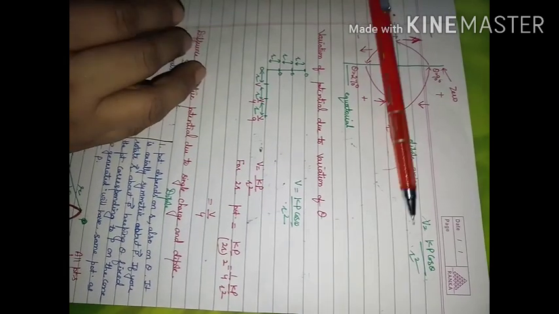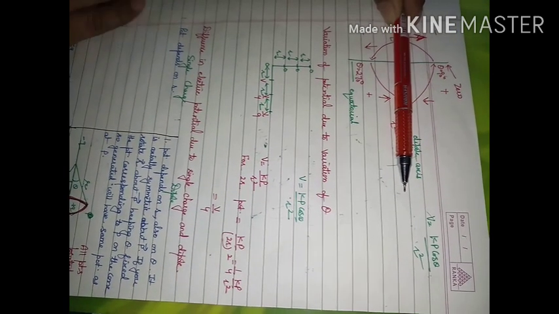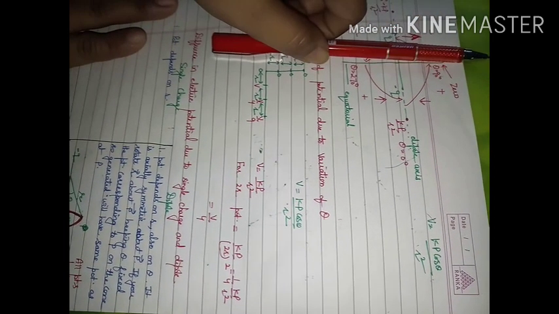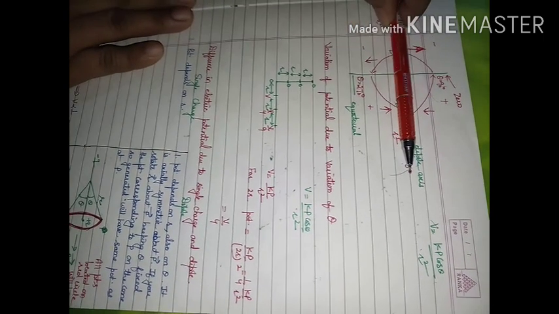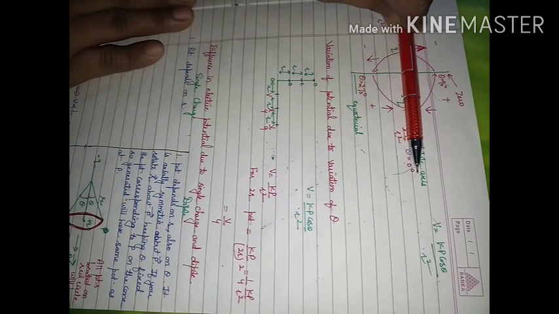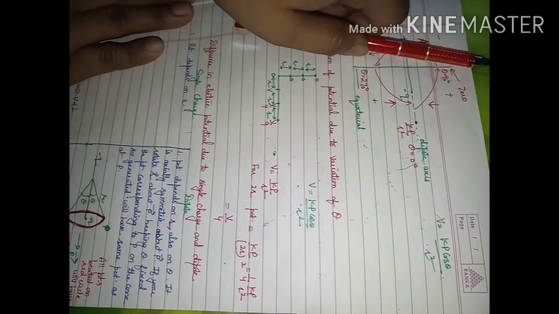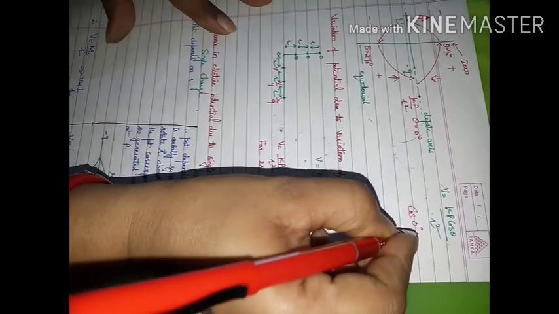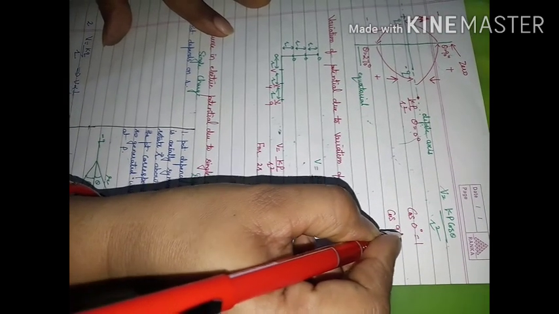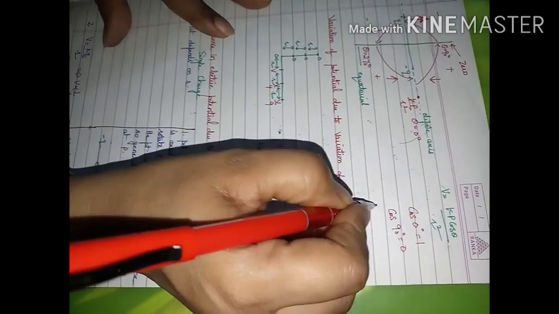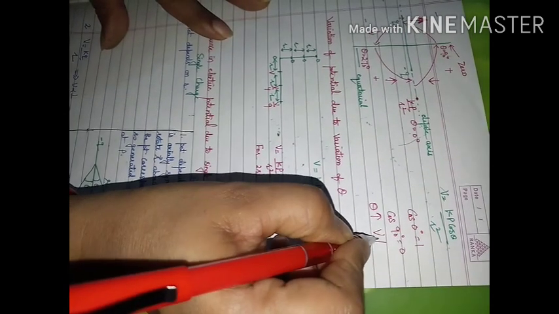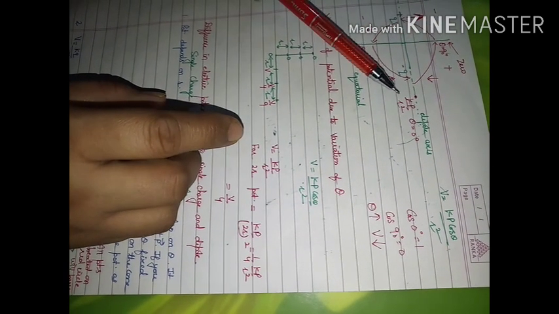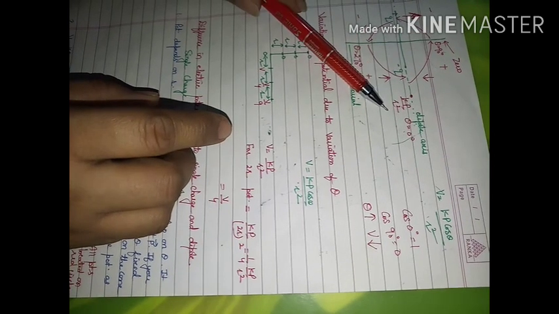Now you are moving your point of observation from theta equal to 0 to 90 degrees. You will shift it like this. When you shift it like this, the value of potential will gradually decrease. Theta will increase but the value will decrease, because in the case of cos theta, cos 0 degree is 1 and cos 90 degree is 0. So as the value of theta increases, the value of potential decreases. So going from 0 to 90, potential goes from kp upon r square to 0.